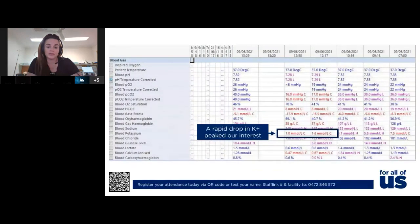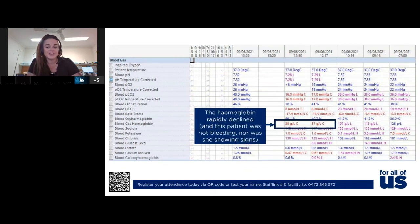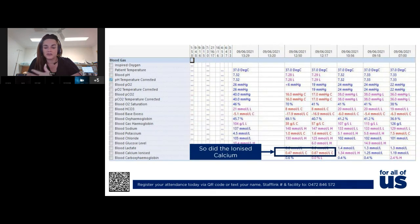Obviously, first, that rapid drop in that potassium piqued our interest. The hemoglobins also went through the floor, so they got really washed out. She wasn't bleeding from anywhere. She had no hematemesis, no melena. So that rapid decline also was a big hint for us, as well as the ionised calcium also just suddenly